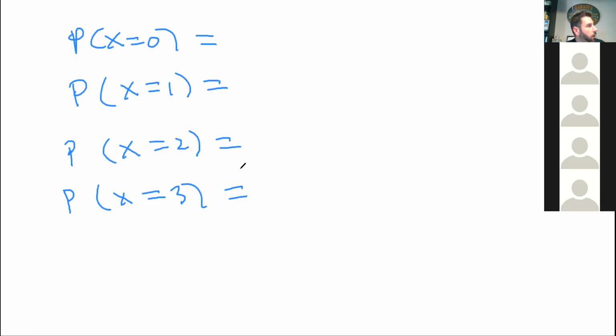So don't forget, I know this is a little overwhelming for those of us who are not used to taking math, but what do these scary symbols mean? Let me change my pen color and let me remind you how to interpret this. This is something I asked you to do in the homework just to build some confidence. So don't forget the way you read this. This reads, the probability